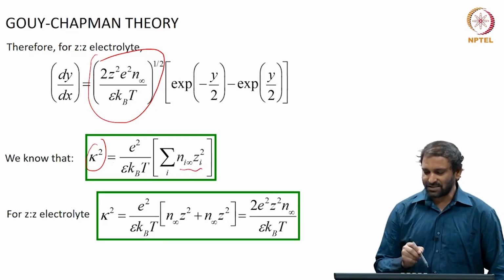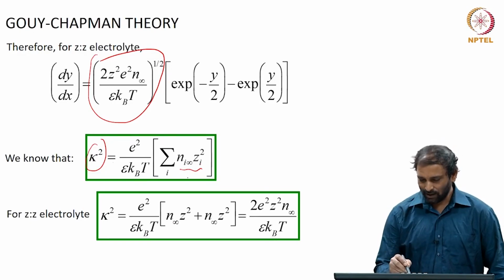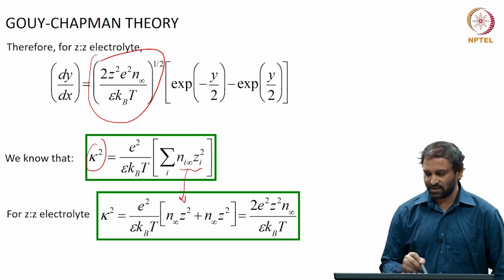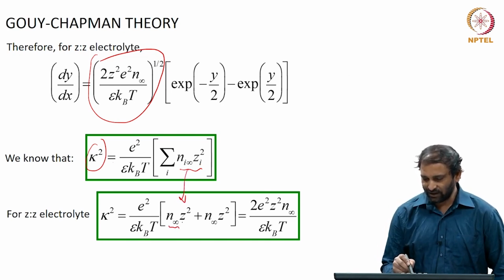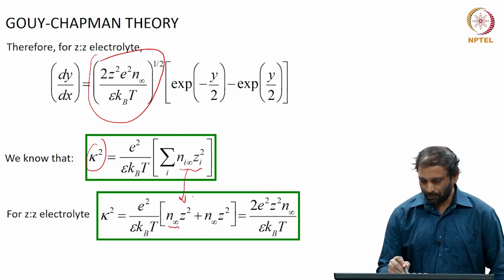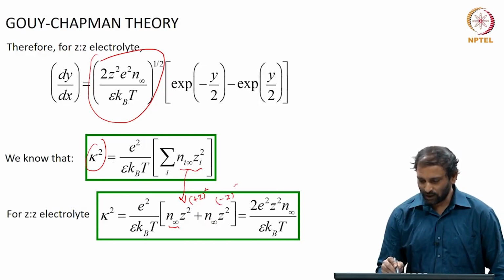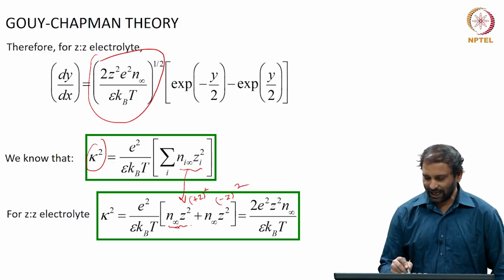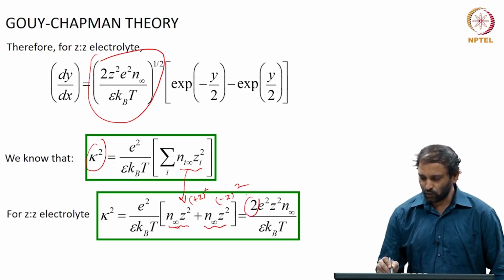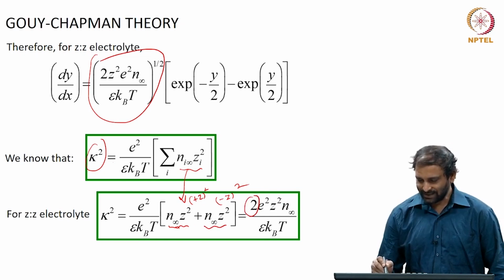Now, because we are considering a Z is to Z electrolyte, I can write this as n infinity times plus Z whole square, plus n infinity into minus Z whole square. Therefore, I will have 2 times Z square